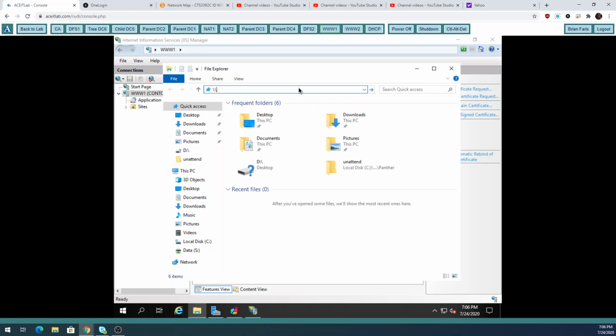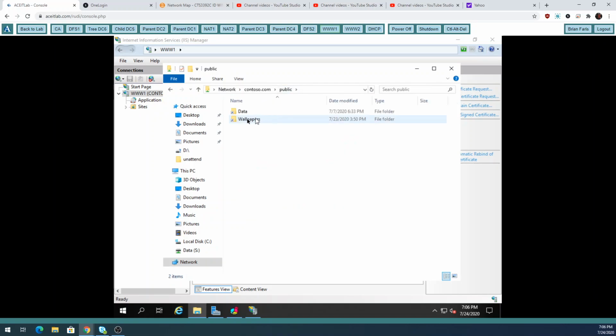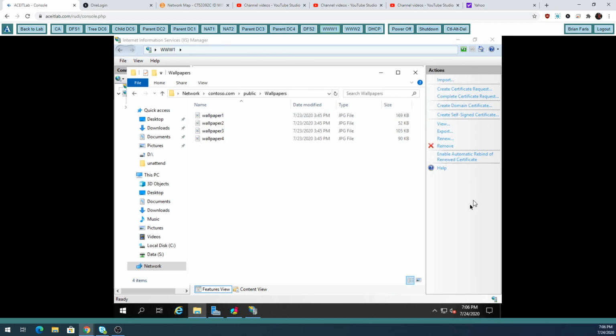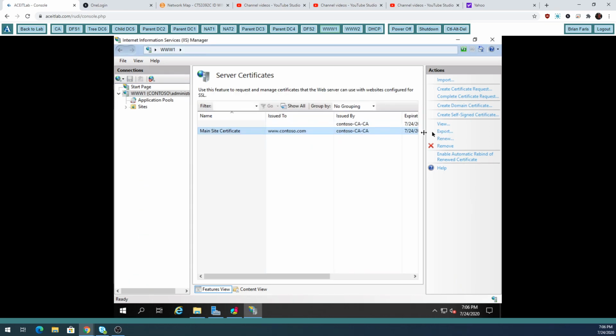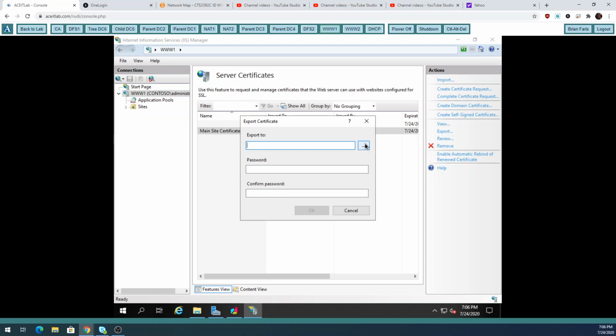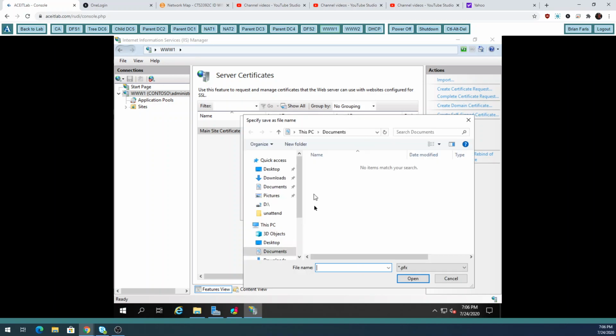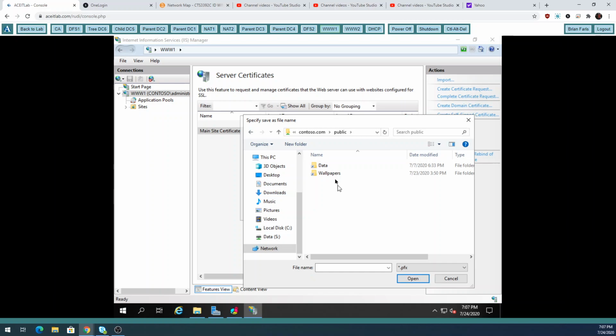I need to get this certificate over to the other machine. So I'm just going to go to contoso.com, public, go to wallpaper, and just have this open. So I'm going to highlight my certificate, then export it. Browse, contoso.com, public. Let me try this again. Contoso.com, public. I'm going to hit enter, choose wallpaper,